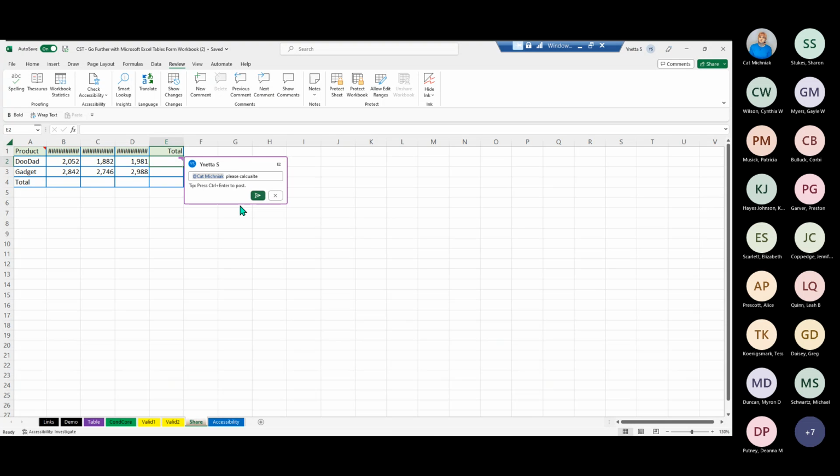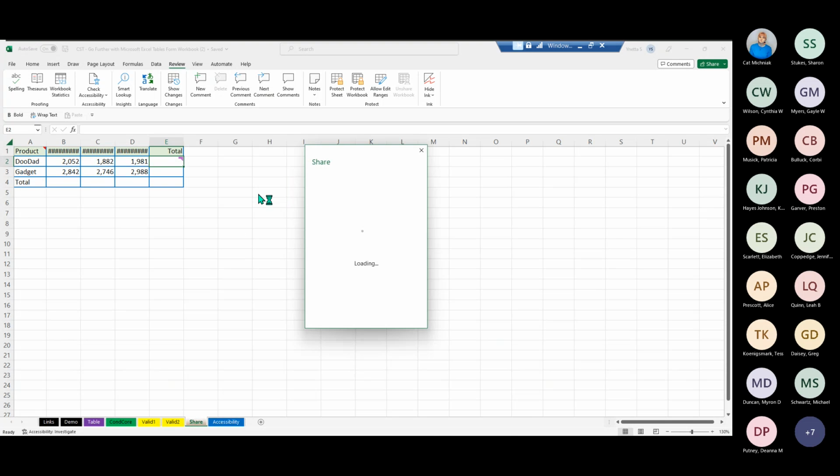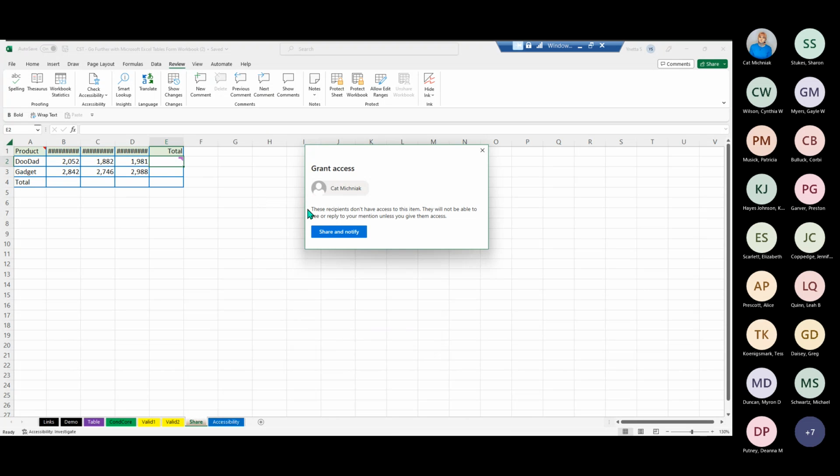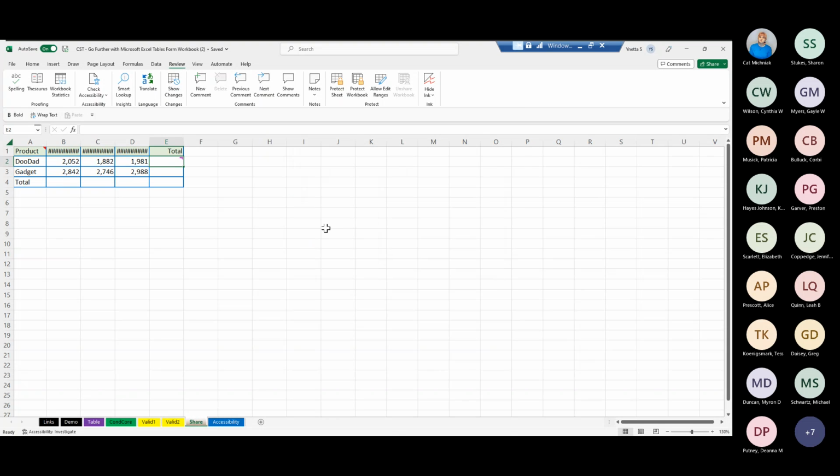And then I'm going to hit this paper airplane here. So I have the at mention, I have the message for her. I'm going to send it to her. Notice here, it says that she doesn't have access, so I need to grant her access. Perfectly fine. Now, what's going to happen on Kat's end, she's going to get an email letting her know that I did tag her,